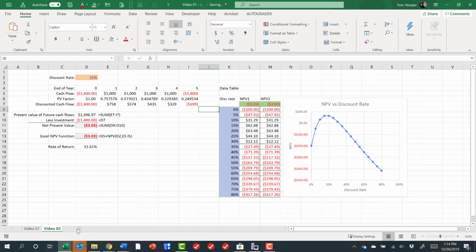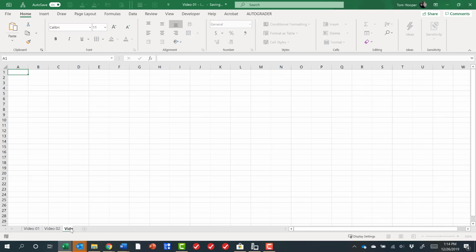Now let's do some practice. Probably the most important model to most of you students is going to be the calculation of your grade. In my course, participation is worth 10%. Tests are worth 60%. A team project is worth 10%. And the final is worth 20%. So if you know what score you got on each one, let's say we had a 90, an 85, and a 92, and an 87,